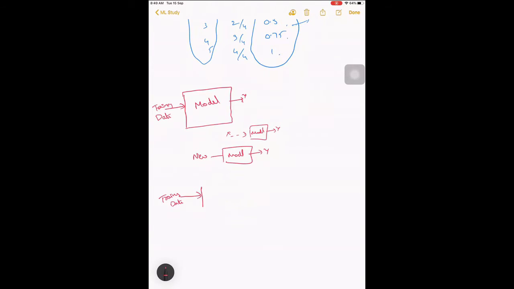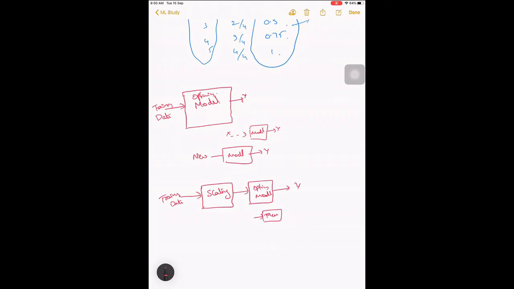We are adding a block here called scaling, and then the next part is optimizing. Let's call it the optimizing model, and finally with that you are getting Y as your output.